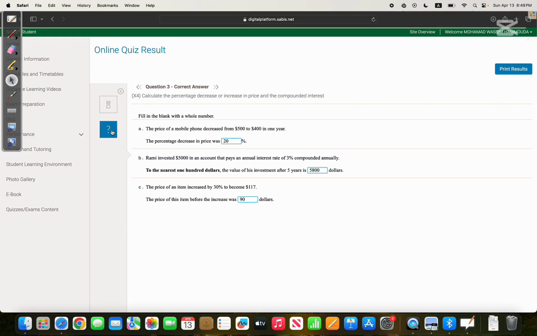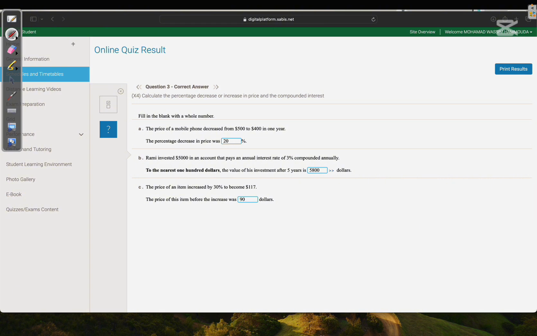Number 3. The price of a mobile phone decreased from 500 to 400 in 1 year. The percentage decrease in price. Okay. To find the percentage change in anything, we do final, which I'll represent by F, minus initial, which I'll represent by I, over initial. So in this case, it's gonna be 400 minus 500